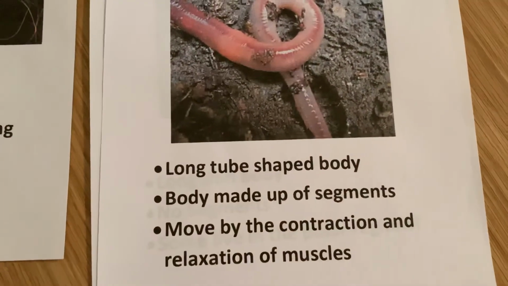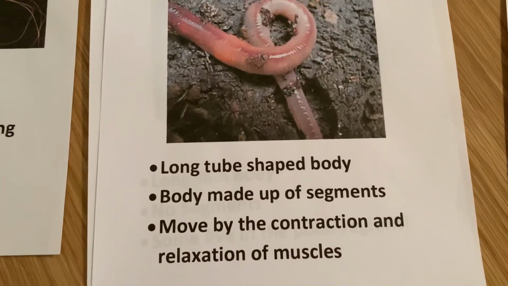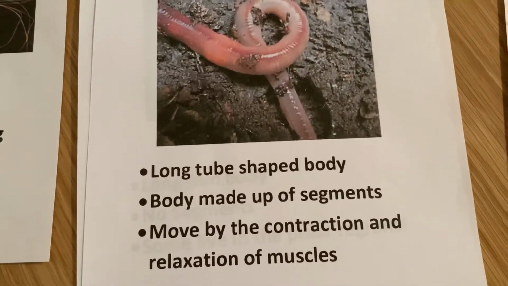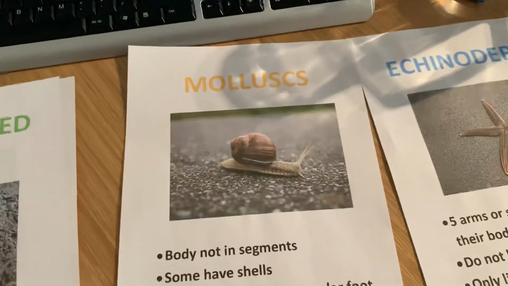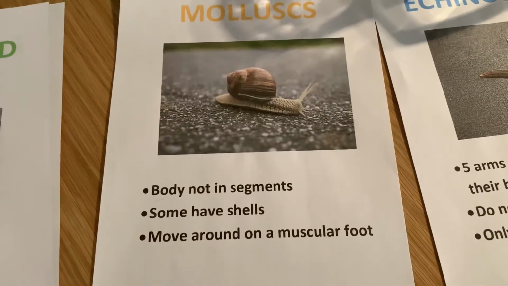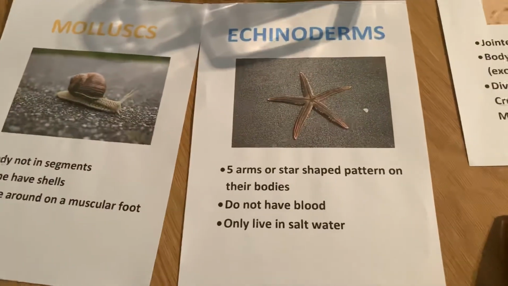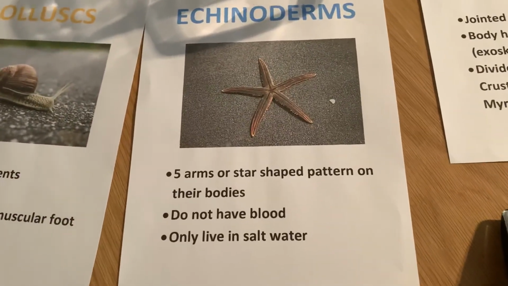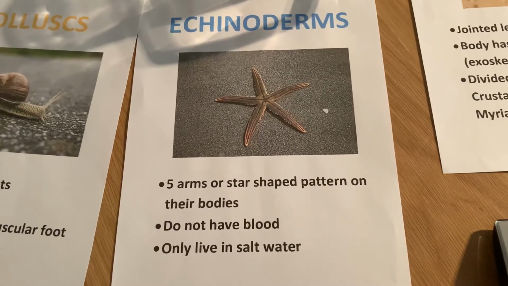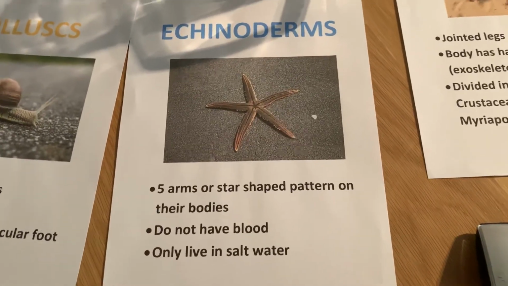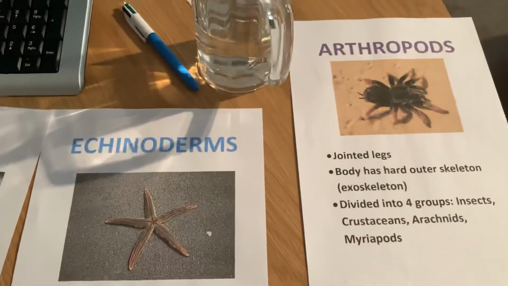Worms: long tube-shaped body, body made up of segments, moved by the contraction and relaxation of muscles. Mollusks: bodies not in segments, some have shells, they move around on a muscular foot. Echinoderms have 5 arms or a star-shaped pattern on their body, do not have blood, only live in salt water, and